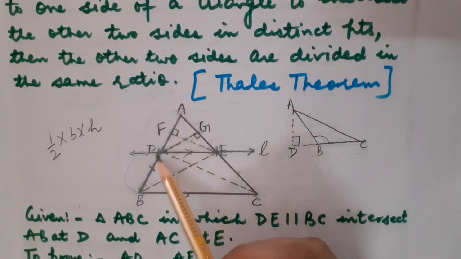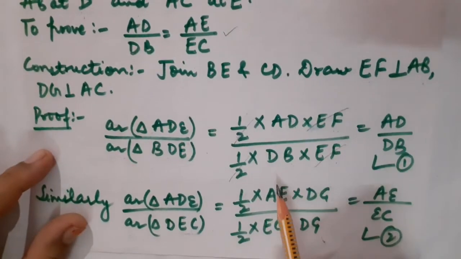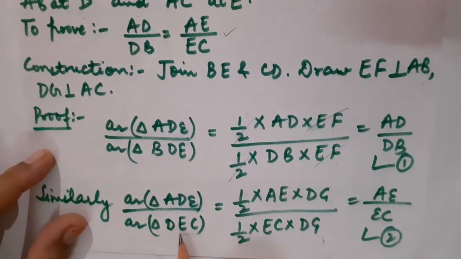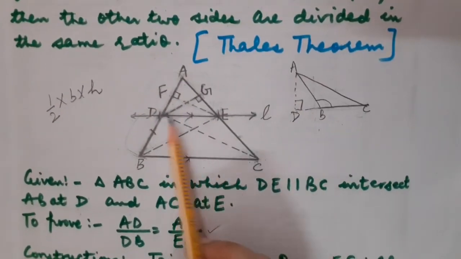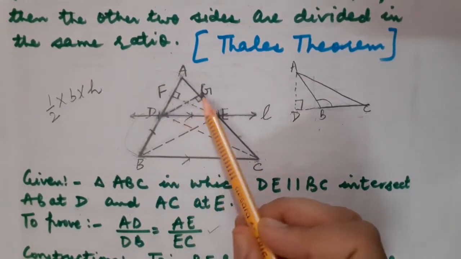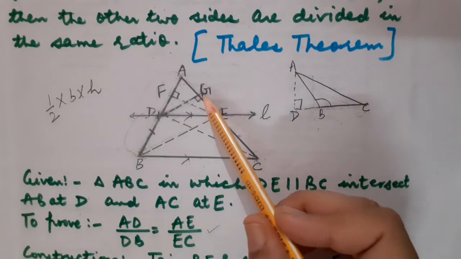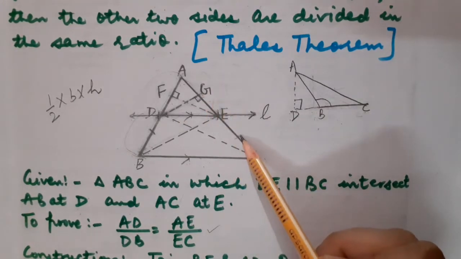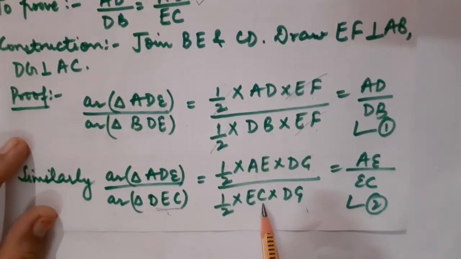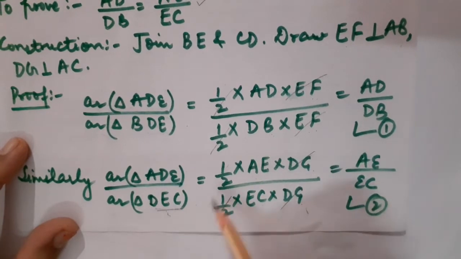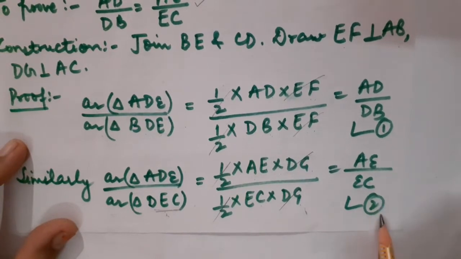So the area of triangle ADE will be half into AE as the base into DG. Just check, half into AE into DG. But if I talk about the obtuse angled triangle, that is DEC, while taking DG as an altitude, it is going to join the extended part of CE at point G. So what would be the base? Of course CE. So the area of the triangle will be half into CE into DG. DG and half are going to be cancelled. So we are left with AE upon EC. That is equation number 2.